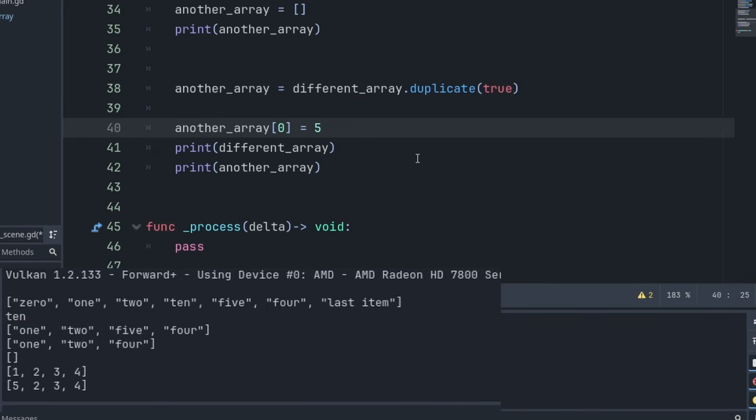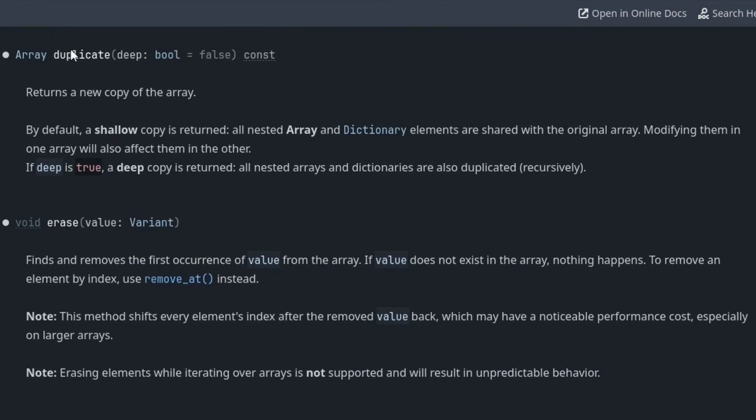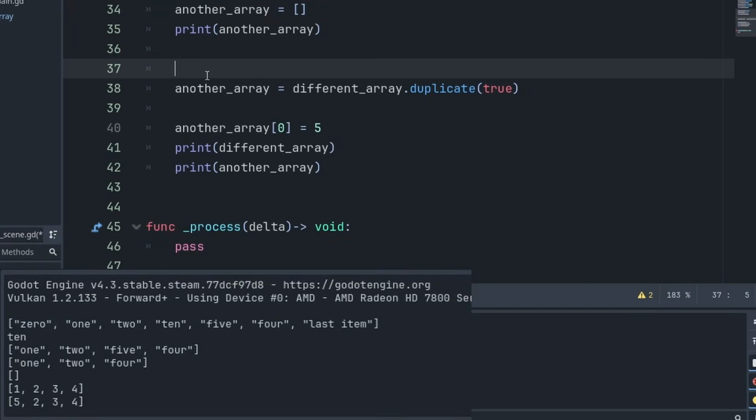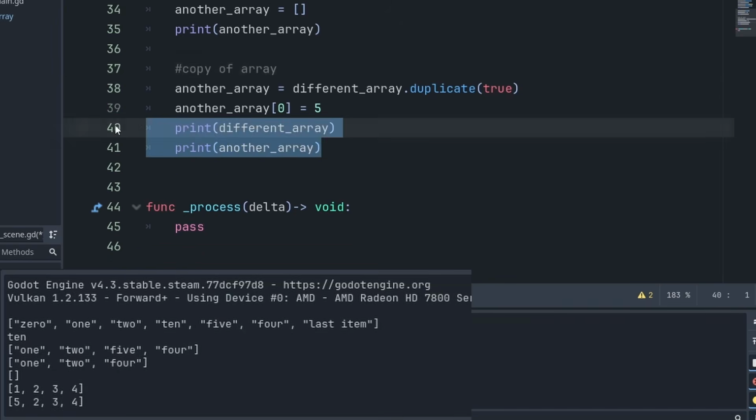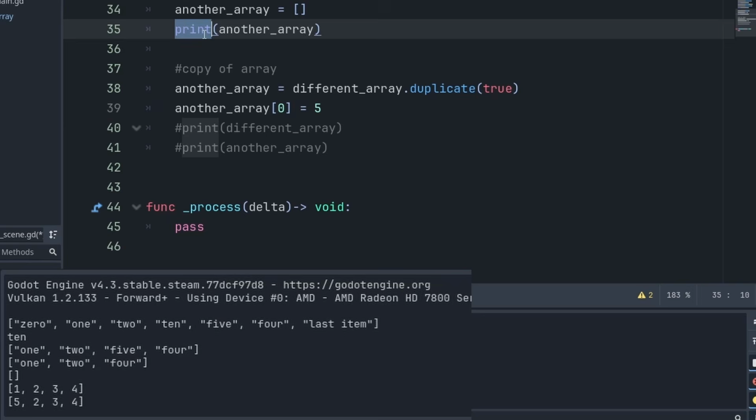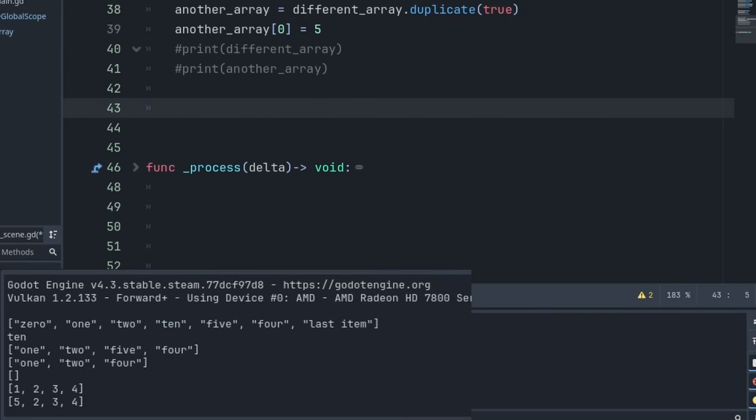If you have any questions about that, check out the documentation. If you hold Control and then click duplicate, it will directly take you to the array method that explains it in more detail. So let's call this here copy of array, and perhaps let's comment out all of these print functions. Okay, cool. This has been fun so far and I hope you're keeping up, but now we come to the